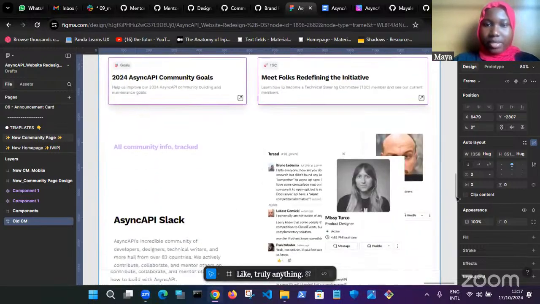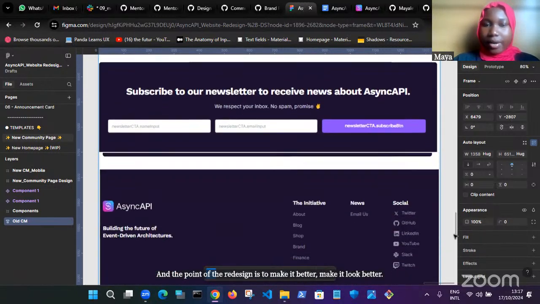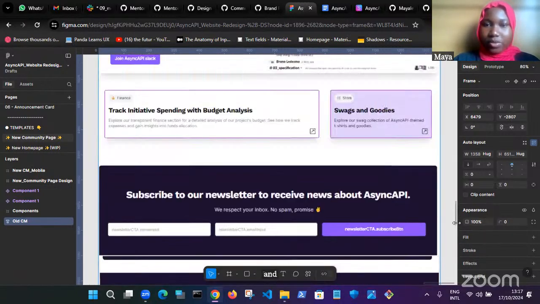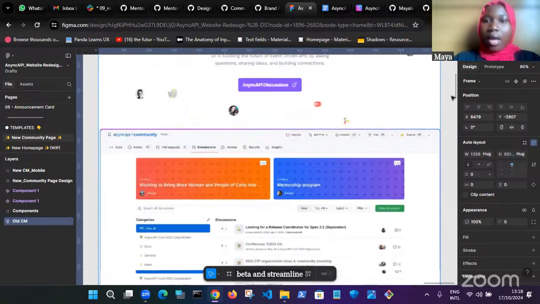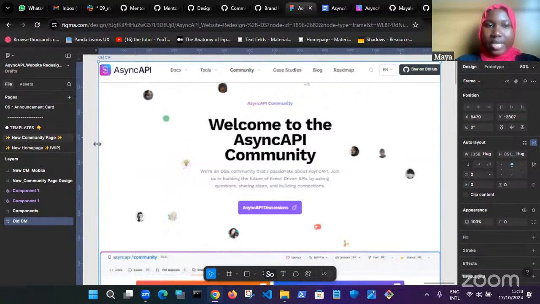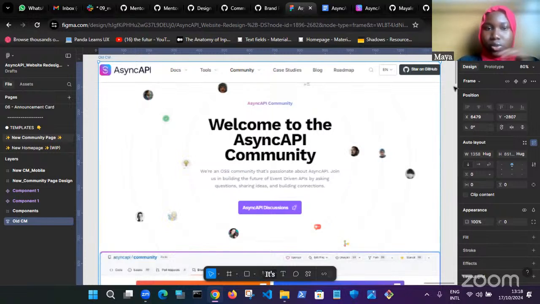The point of the redesign is to make it look better, make the lives of the users better, and streamline the whole work process. So for example, I'm not redesigning this particular header. It's still going to be the same. It shows inclusivity and teamwork, where we have so many people in the community, right? But